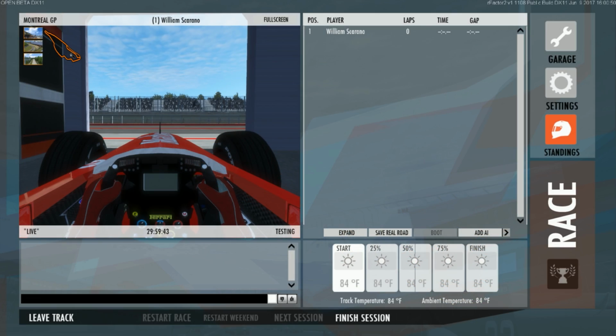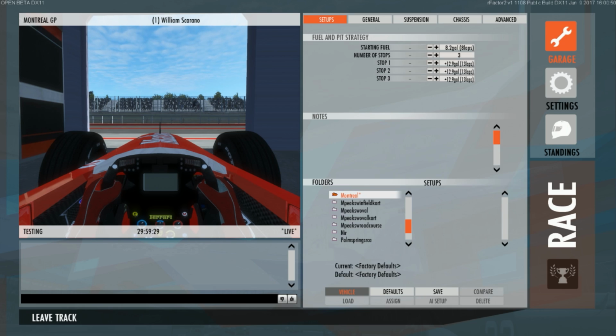Alright, so here we are at the garage screen at Montreal with the Ferrari F399. As you can see, it's a bright and sunny day outside. The track is very green, though, as far as I'm aware. I think that's what the real road settings are. But in any case, let's have a look through our adjustments that we can make on the F399 circa 2006